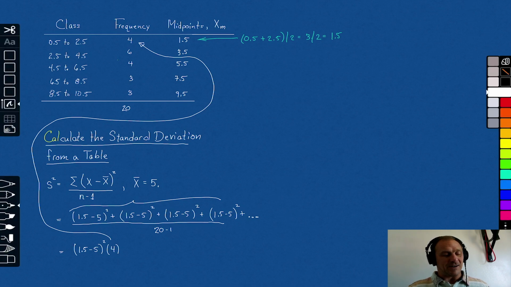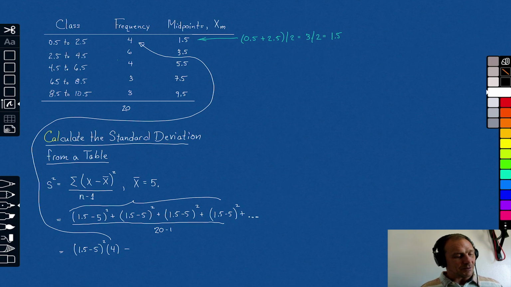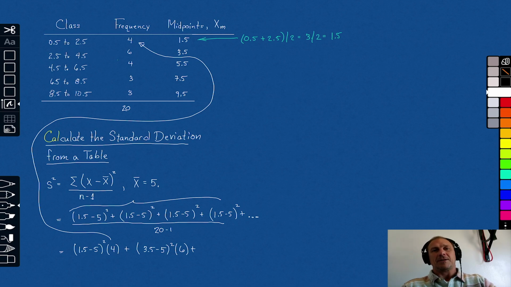And now we can repeat this process. Our next data value is not 6, that's the frequency. It's 3.5. We subtract the mean of 5, we square it, and we multiply it by its frequency of 6, plus. Then we go to the next data value. That's 5.5. Subtract 5, square it. And we have to remember that this happens 4 times. Plus